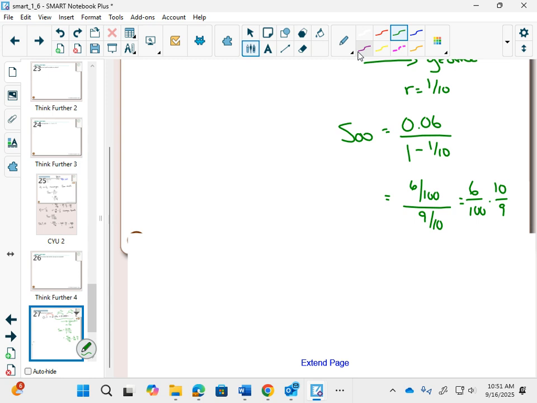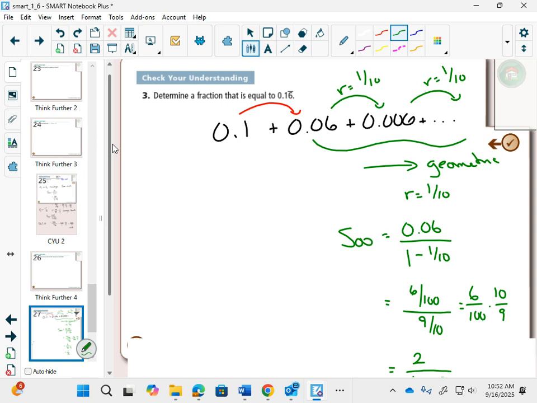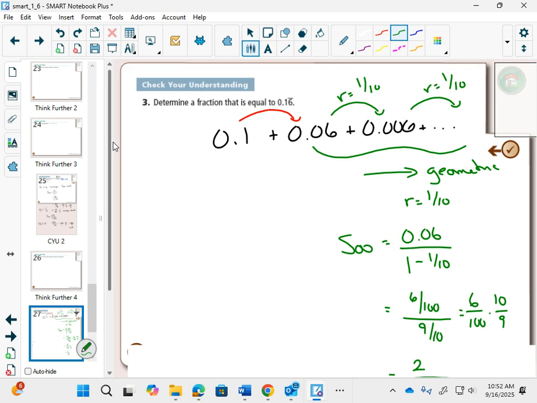Can you see the 10 and the 100 could reduce to 1/10, and this could reduce to 2/3. So I'd have 2 on the top and 10 and 3 on the bottom. And this could reduce to 1/5. So this reduces for me to 1/15. Are you okay with that? Yeah. You'll live? So if I wanted to find my final answer, this 0.1,